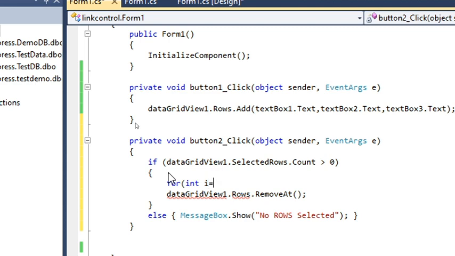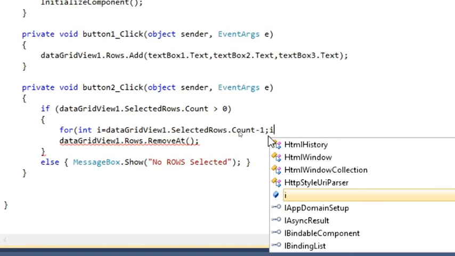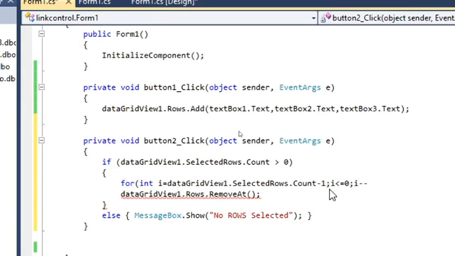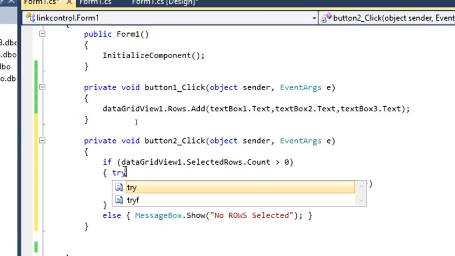If I equal to the same count, I'll reduce it. Then give the condition I less than or equal to 0, semicolon. Since I want to delete, and this I would like to put in a try condition.